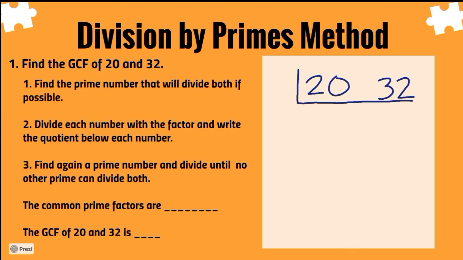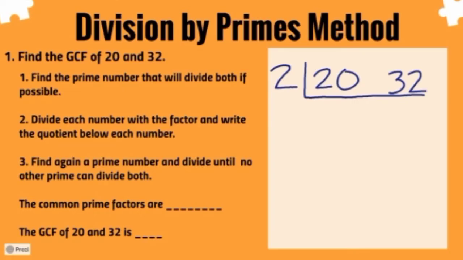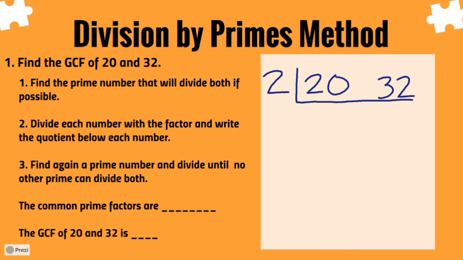So, saan pwedeng hatiin ang 20 at ang 32? Since 20 and 32 are both even numbers, so divide natin by 2. Then, divide each number with a factor and write the quotient below each number. So, 20 divided by 2 is equal to 10. Next, 32 divided by 2 is equal to